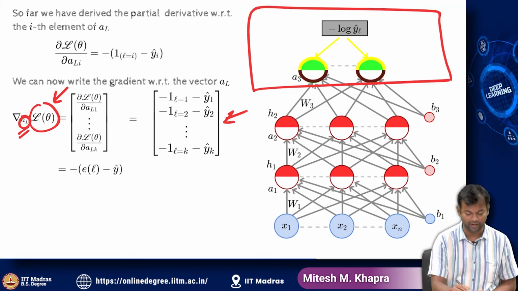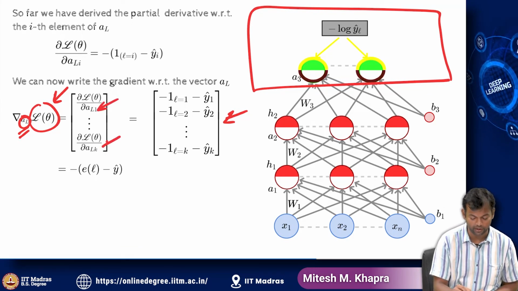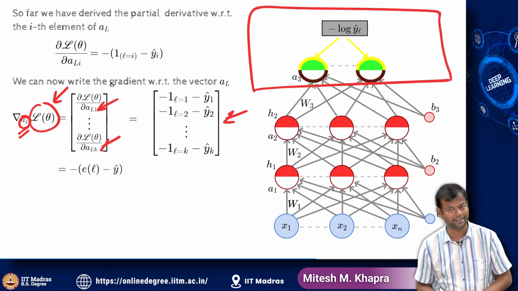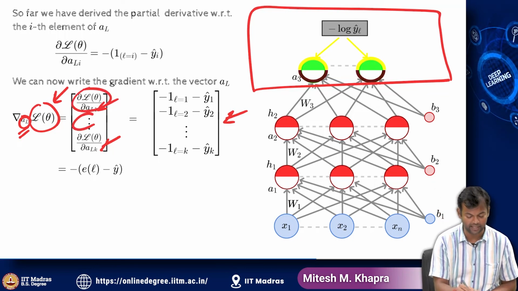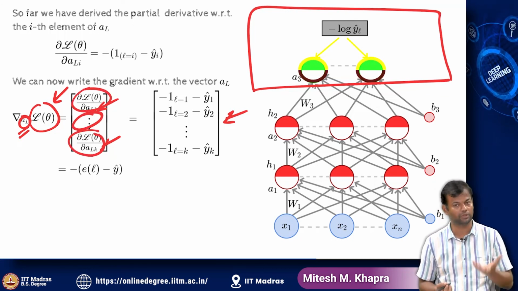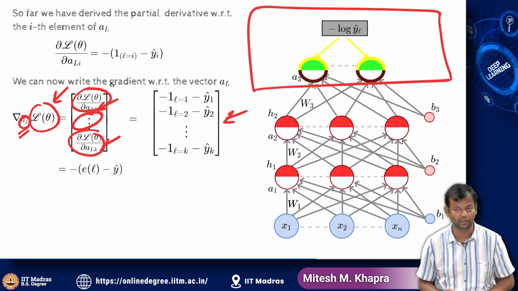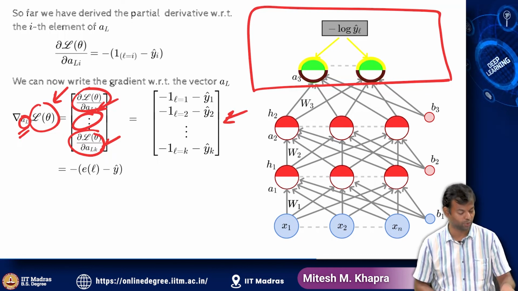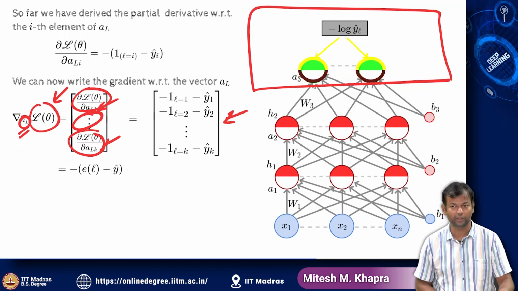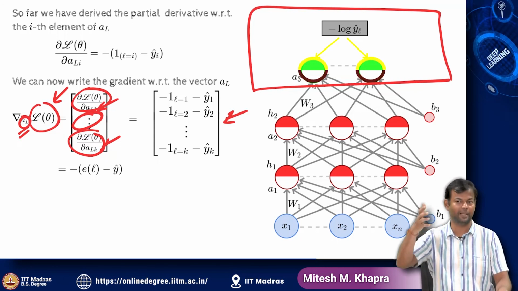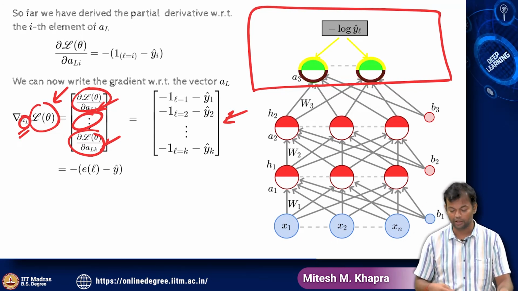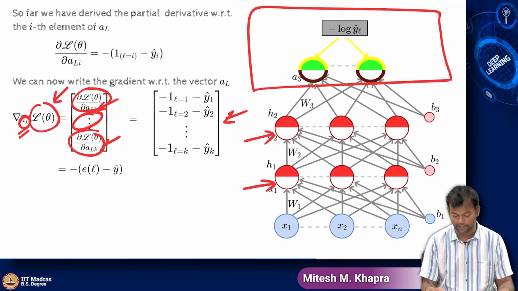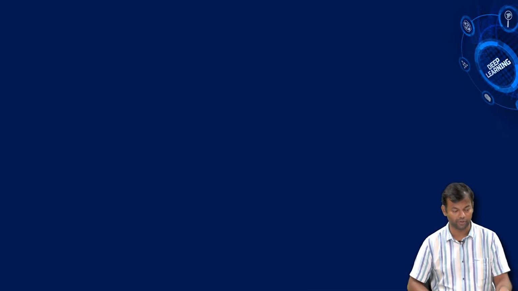What this tells you is what happens if I change each of the values of this AL vector, then what is the change in L theta? That is what each of these elements captures, and the collection of all those elements is just the gradient vector, the gradient of the loss function with respect to AL. So we are done with the first step, which was to talk to the output layer. Now we are going to talk to the hidden layers, and then we are going to talk to the weights. Okay, so we'll come back and